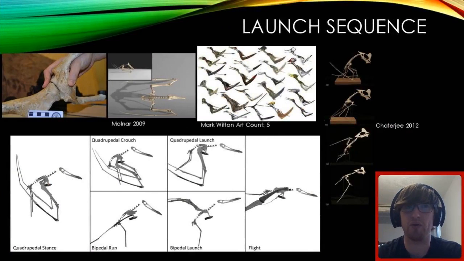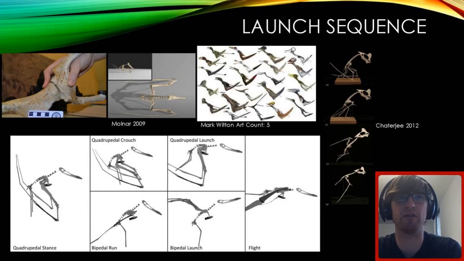So anyway, now that we have our specimen, we had to make a model for it, which included adding a few additional pieces and duplicating a couple, just to make the full vertebral column as much as we could. And from there, we had to create the launch sequence for it. So we did this by approximating the launch poses in the actual specimen itself, and by examining the poses proposed